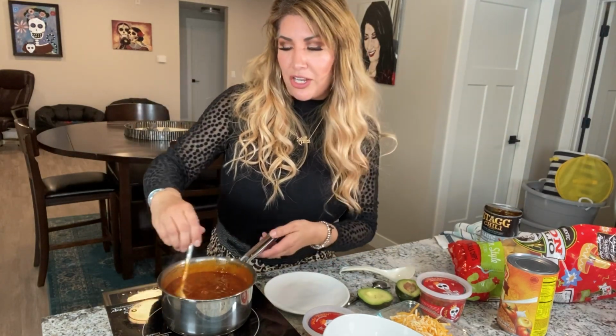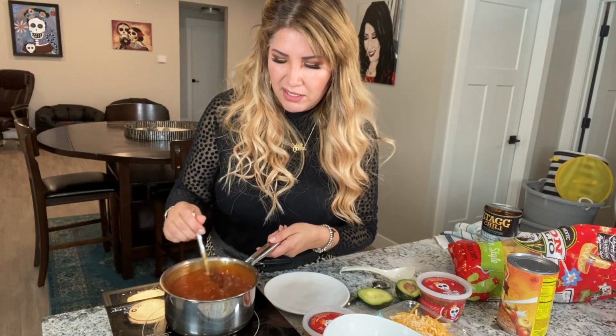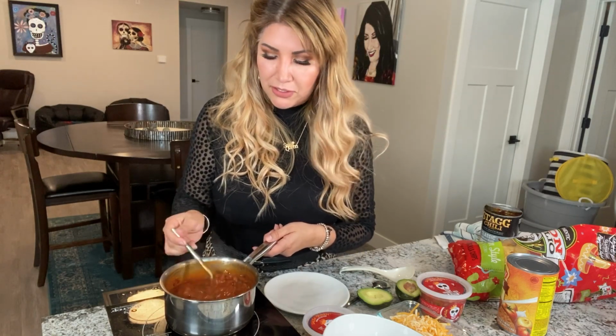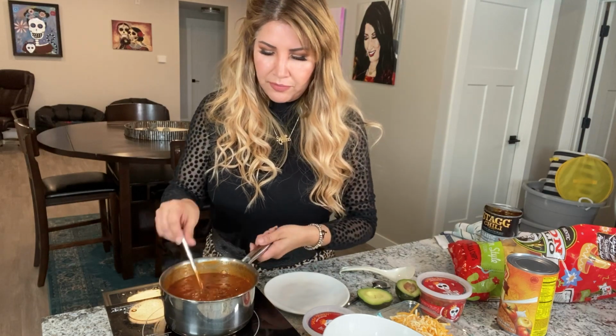Okay, I think this is good. And you can add some hot dogs in here. I'm very picky with my hot dogs. I only use the very expensive ones because I think about hot dogs and how they're made and all that fun stuff. So anyway, you can choose whatever hot dogs you want if you want to add some to it. So I'm going to turn this off, and then I am going to